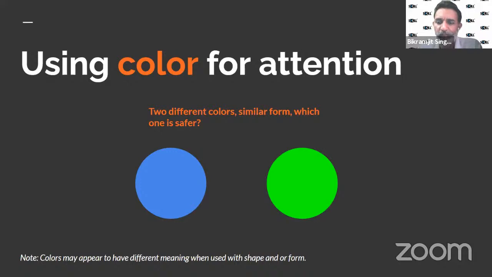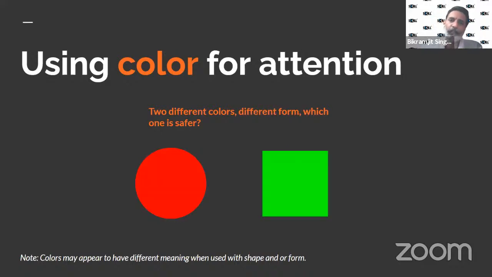Now is where the challenge starts. The blue versus the green. So this will be a homework for you to judge. Okay, let us see. Now, here, I'm trying to make it more complicated, like in the previous slide. Now there are two different forms, along with two different colors, but in opposite shapes.